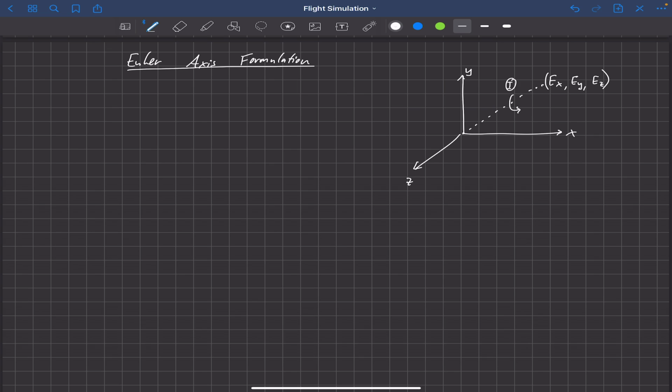This gives us 4 components that define only 3 degrees of freedom. Remember, orientation only has 3 degrees of freedom from orienting from one coordinate system to another. So that means we have one level of redundancy. Most applications of this use one final equation. They say that the length of the Euler axis has to be equal to 1. So they make the length of that axis equal to 1, and that gives one additional constraint.